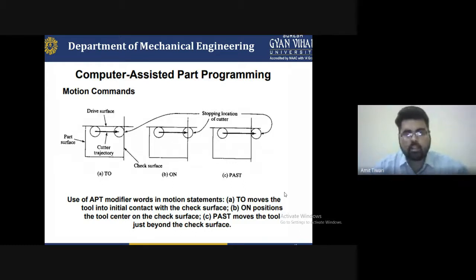So as we can say, in the manufacturing of any product, the machining science and machine tool subject helps in understanding the process phenomena: how to manufacture that particular product, how to finish or machine it, and how to maintain the quality so that surface life increases and surface roughness decreases. So these are some fundamentals we are using, and avoiding the number of queries we have to write in the driving surfaces. So there are three types of surfaces. I already told you: the first is the driving surface, second is the check surface, and third is the part surface program.